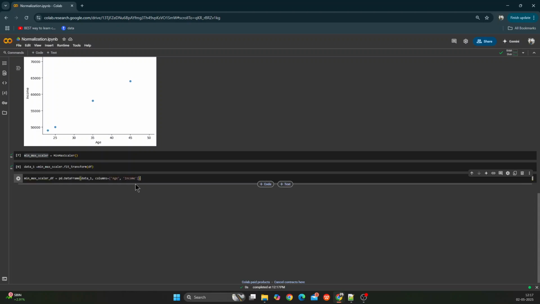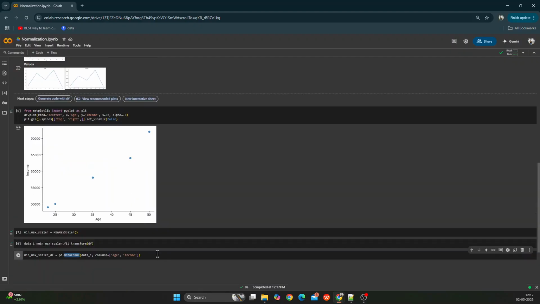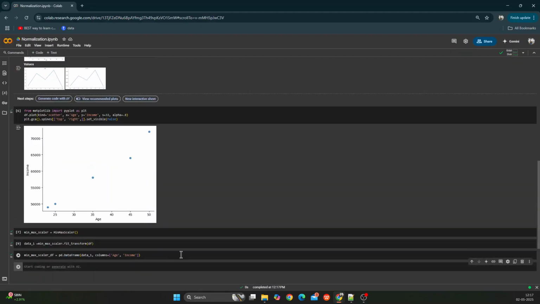This is pd.DataFrame(data), and the column names are age and income. Okay, so if I check this data frame now,